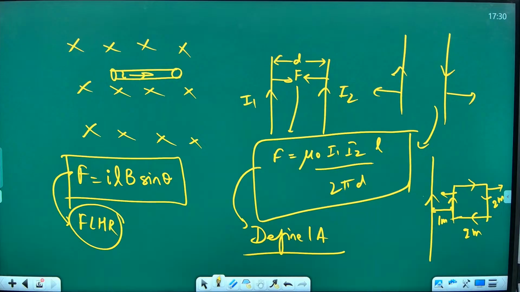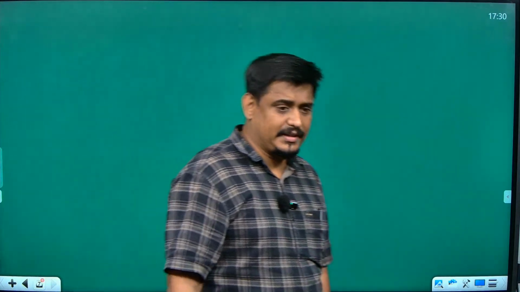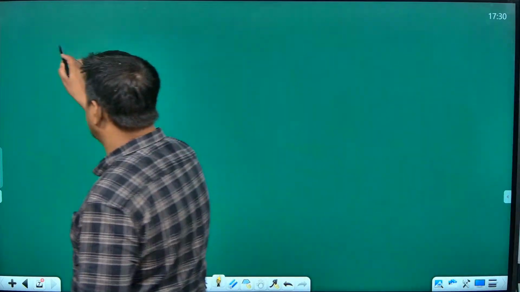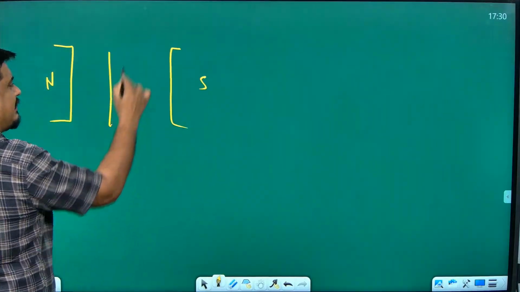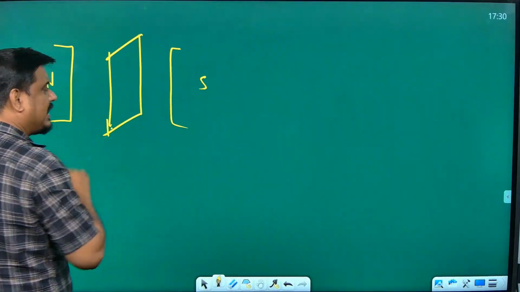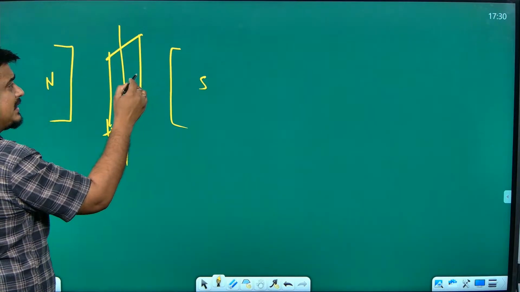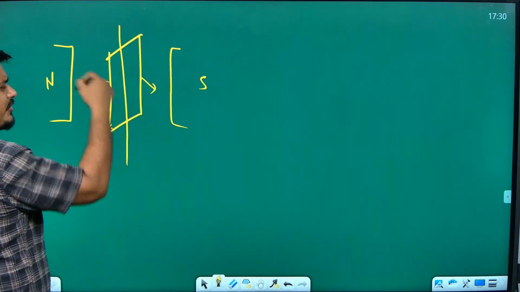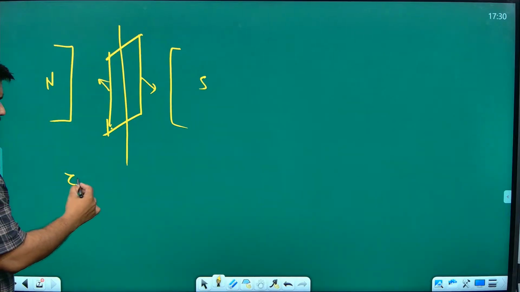Then comes torque on a current carrying conductor kept in a magnetic field. Again, a very important topic where derivation is very important. They ask in the examination where you have two magnets like north and south pole, and when we have a current carrying conductor kept in this, the current carrying conductor will experience a torque. That torque will turn it. This torque will start rotating it, and it rotates by a torque which is equal to